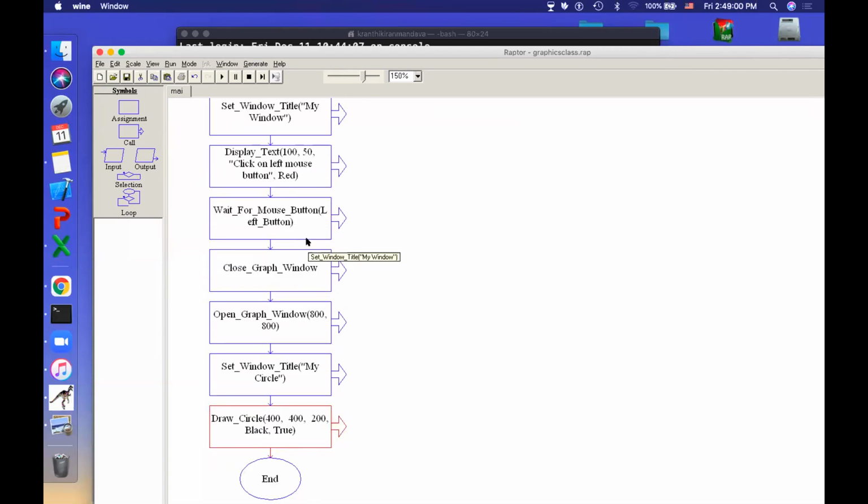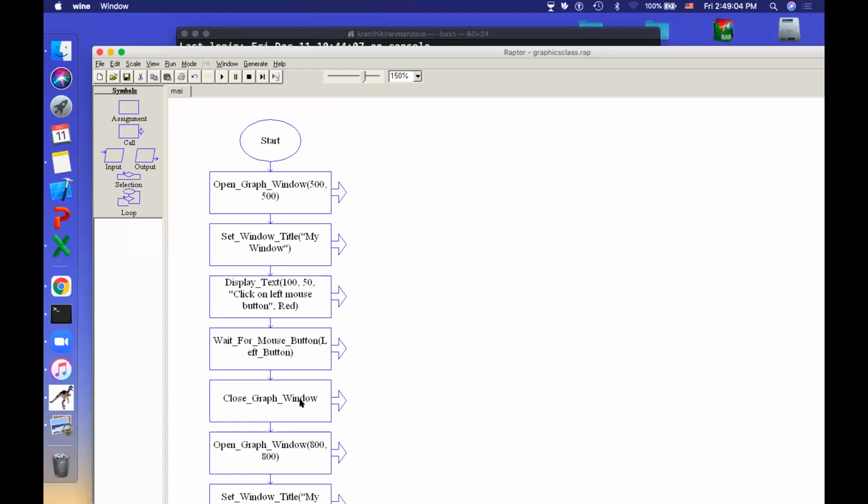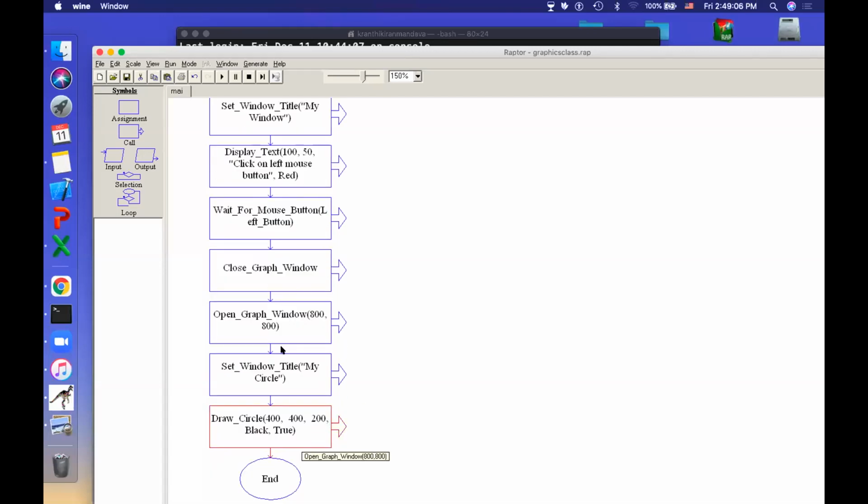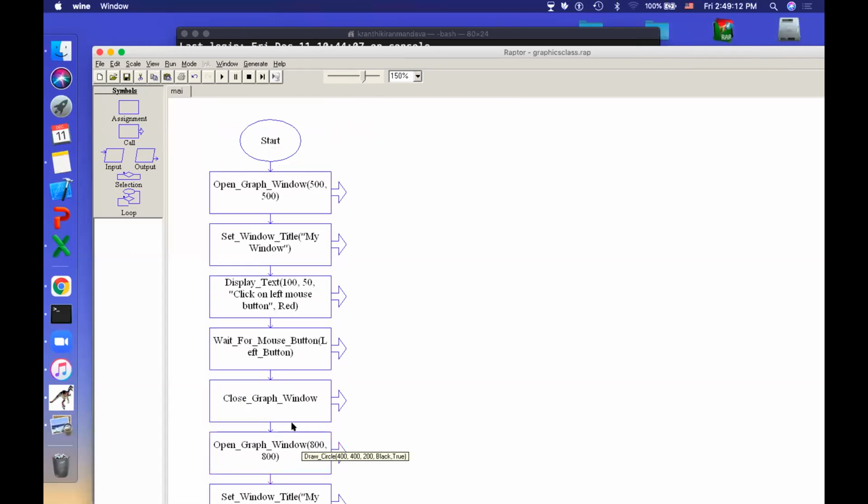It's not a compulsory thing. So once you start, it will create a window of 800 by 800, then put the title my circle, draw the circle and give it to you. To make it look like a game, I have done it like this. Once you click somewhere else, then your game starts. Okay, sir. Thank you.